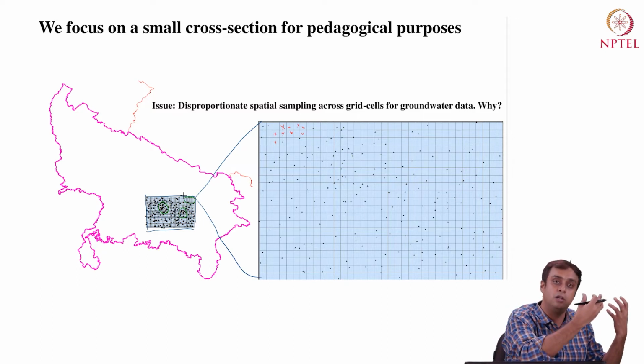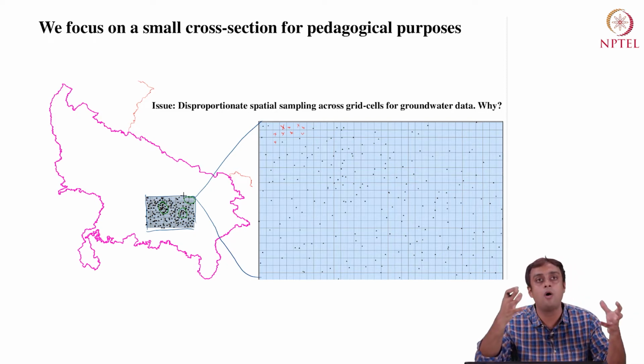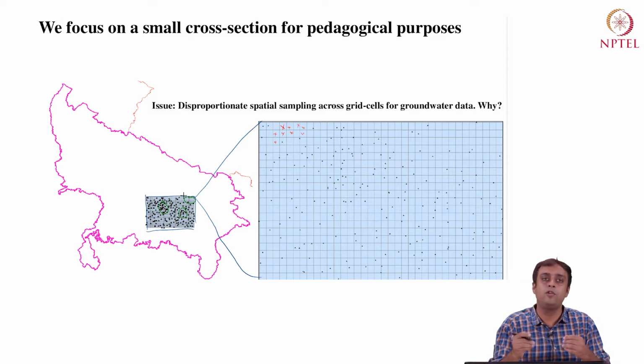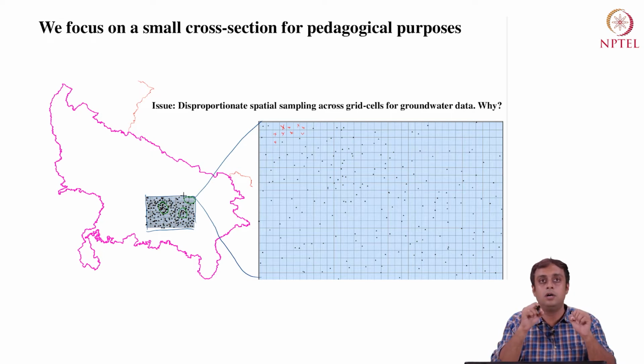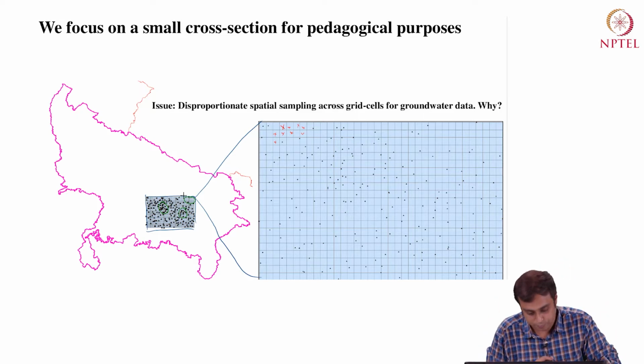There could be monitoring requirements that can drive how different regions are monitored across space, especially for groundwater. And they may not follow the nice schematic, textbook schematic that Cressy had provided us, where you had equidistant sort of monitoring sampling locations distributed across a datum for the most part.